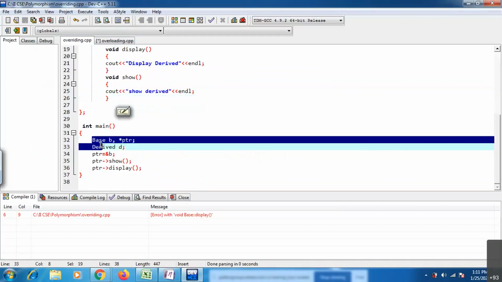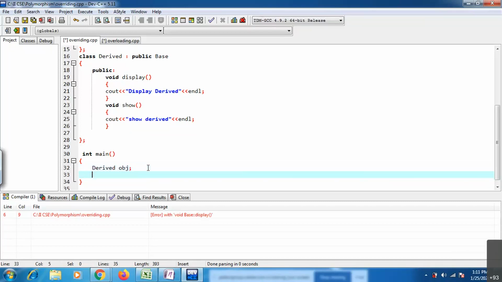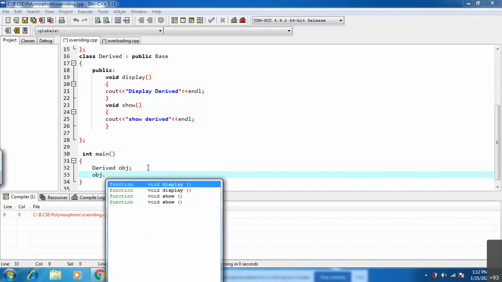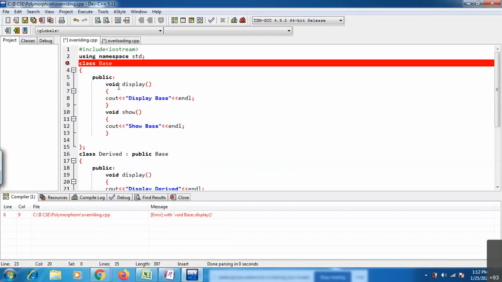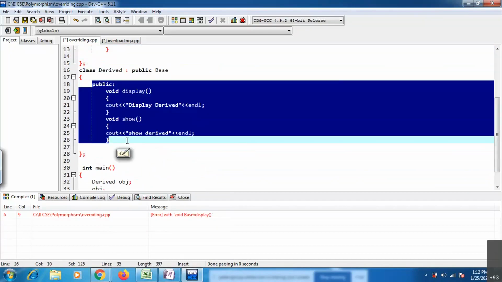Now if I create an object for the derived class, by using the derived class object you can access both the members. Base class members you can access and derived class members also you can access.